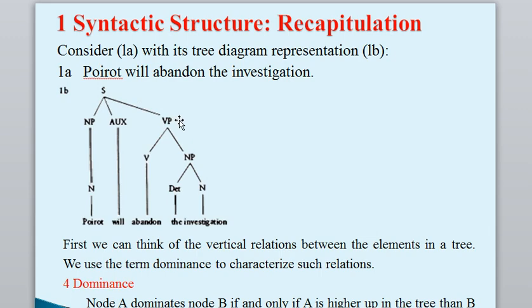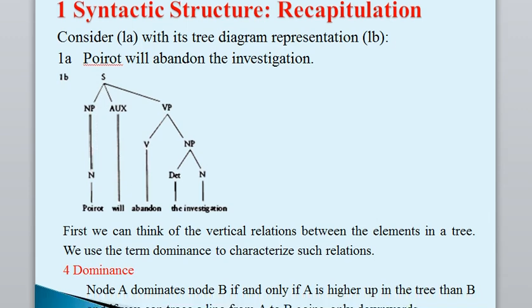First, we can think of the vertical relation between the elements in a tree. We can use the term dominance to characterize such relations. What is dominance? Node A, for example S here, dominates node B, for example NP here, if and only if A is higher up in the tree than B, and if we can trace a line from A to B